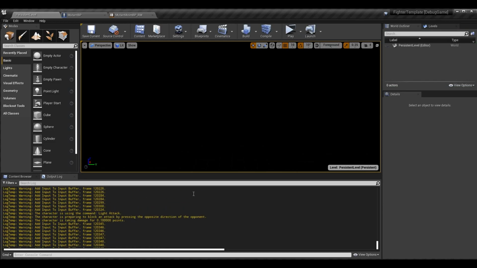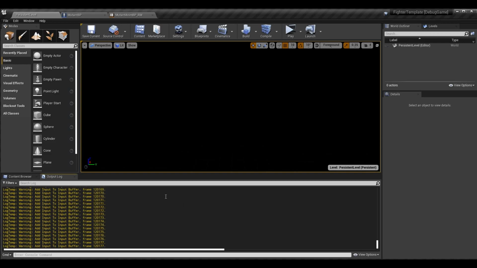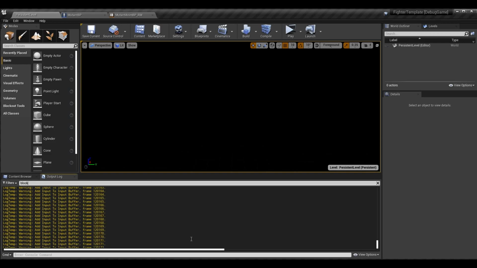If I am to stop this, that way the log does not spam. You can see that the character is preparing to block an attack for the opposite direction of the opponent. That was for crouch blocking. That was the last one we did. But if we look for just block in general,